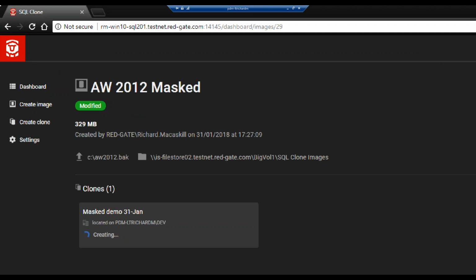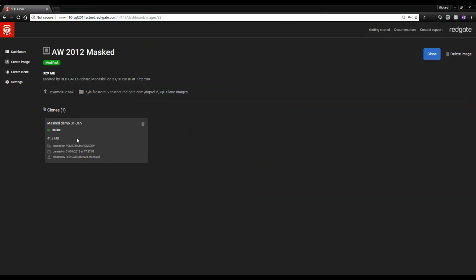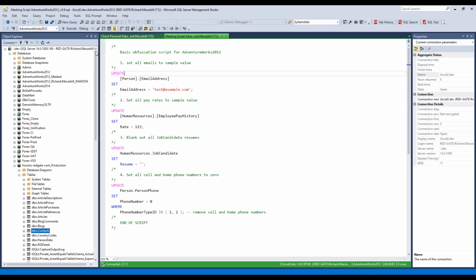So this is going to perform the operation of mounting the SQL clone database. Now that's completed. That takes a few seconds and takes up, in this case, 40 megabytes of disk space. Just remember, this will be very similar regardless of the size of the database, because we're not actually moving data. We're creating a differencing disk and then pointing ourselves at the